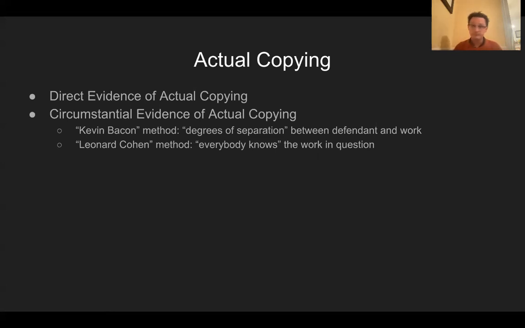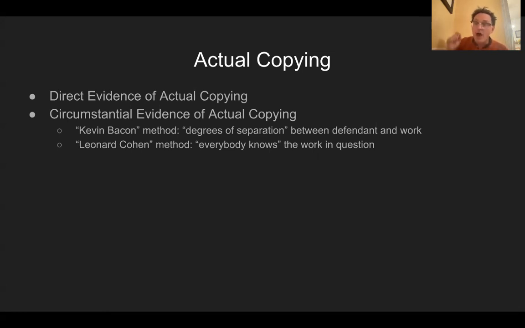So for example, if a work includes public domain elements, those can't be protected. They can't be the basis of an ultimate infringement action. Likewise, with facts or ideas or elements copied from previously existing works, none of those can be the basis of a plaintiff's copyright infringement action, because the plaintiff either doesn't or can't actually own a copyright in those elements.